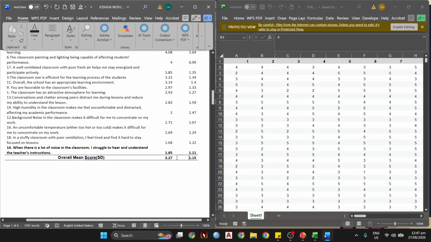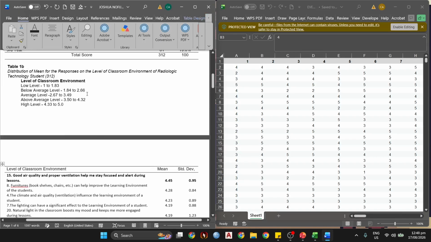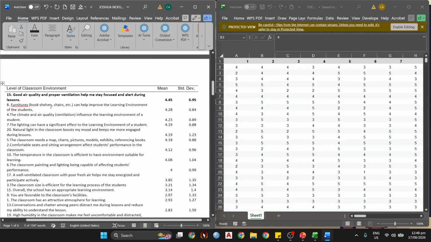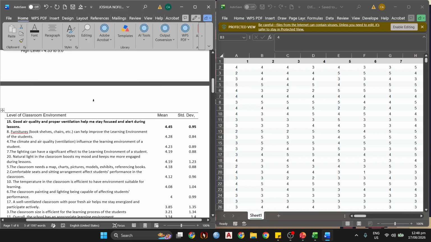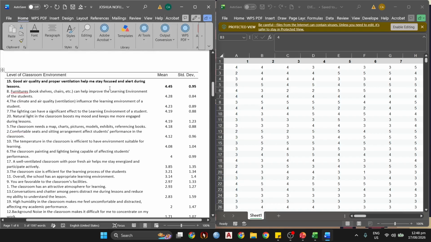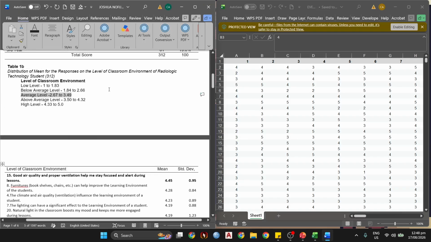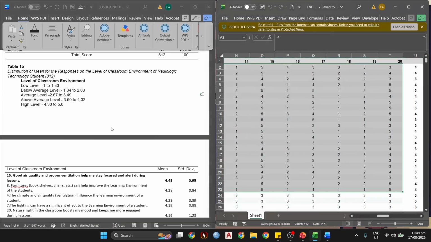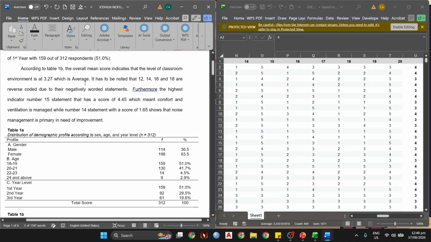So in this instance, 3.27, we'll be able to see 3.27 is just average. So the average of the classroom environment is within average level. So that's how you interpret the data that you collected into the data that you'll be able to present accurately and clearly.